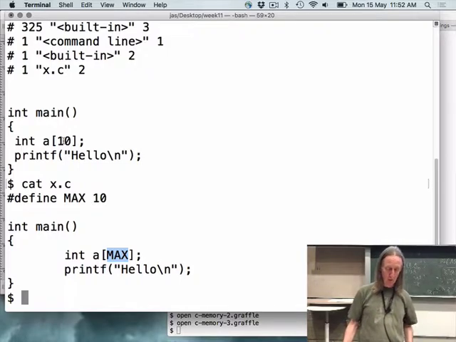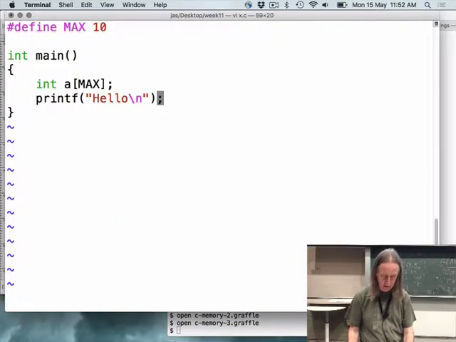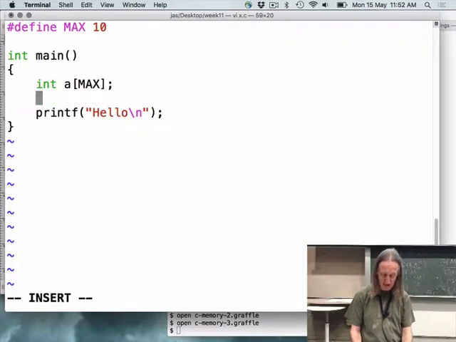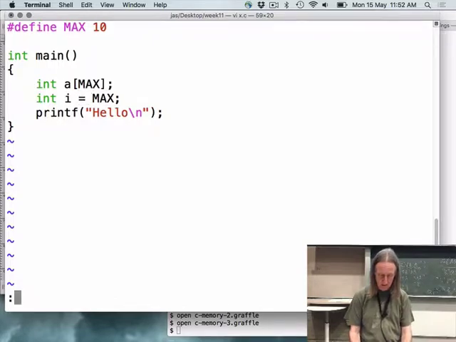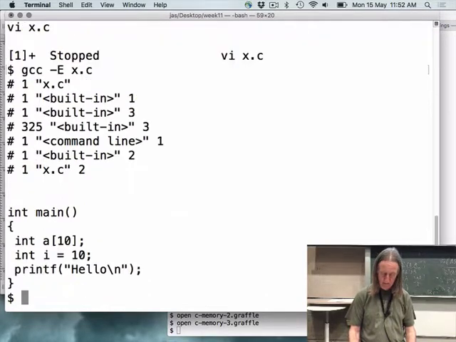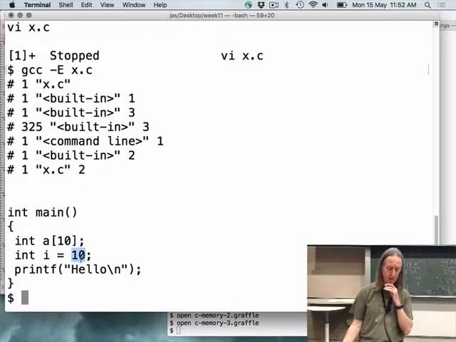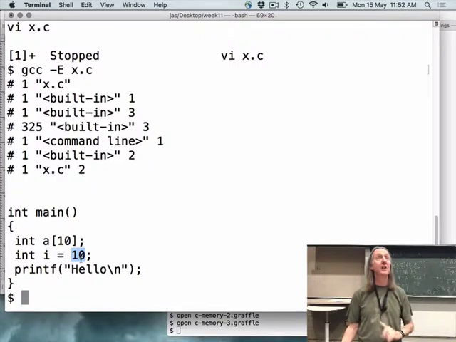If I edit this and use MAX in other contexts, let's say an int, once again, everywhere that I've used MAX, it's just replaced by the number 10. So that's one kind of transformation that the C preprocessor can do.